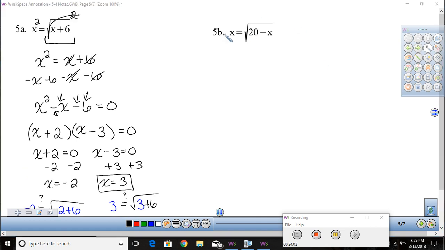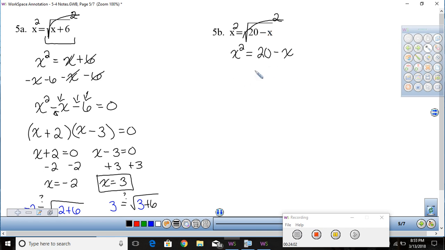So let's look at another one like that. So this one is kind of set up the same. You've got one side with just an x, another side that has just a root and stuff underneath it, nothing on the outside. So let's go ahead and get rid of the root by squaring. So I've got x squared is equal to, square and square root cancel, so I've just got 20 minus x. And again, in your mind you need to think, how do I solve for a variable when there's a term that's squared and then one that is not squared? And that's by